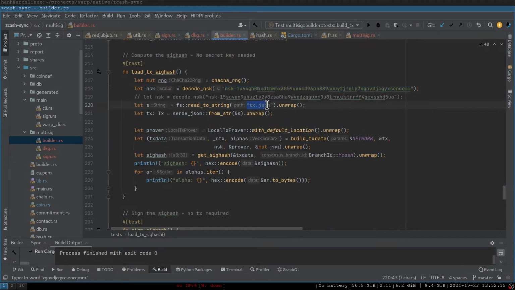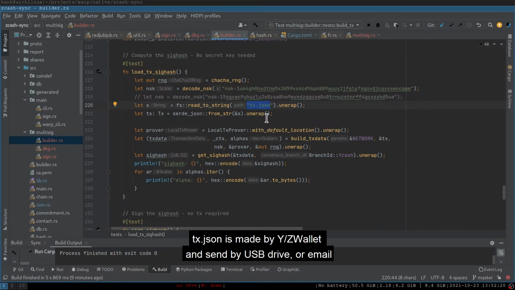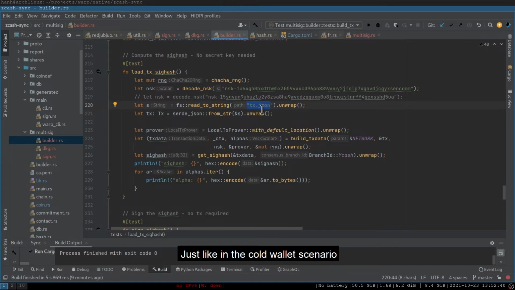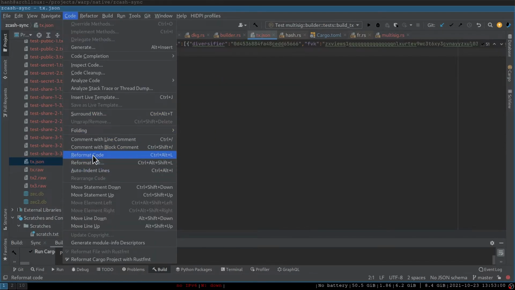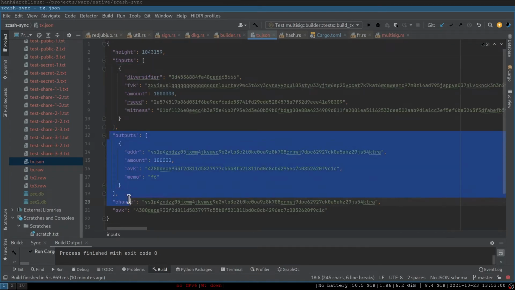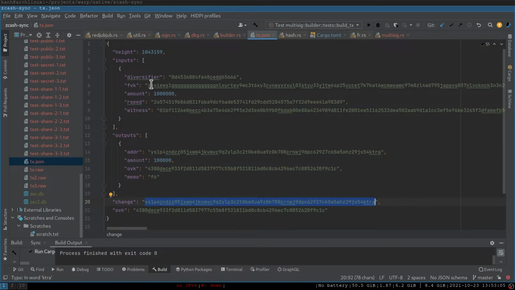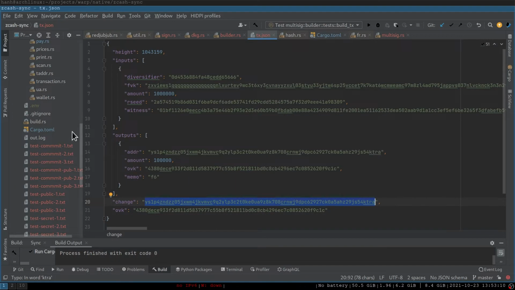And then we get and pass that transaction file from YWallet. So you go to YWallet, you input the destination address, you fill the spend and the send as if it was a normal account, but it knows that it doesn't have the secret key. So when you press send, instead of signing and sending the transaction, it will actually offer to save it as a file. So that's the file that I have then emailed to myself, and this is this file. So we parse that file. If you want to take a look, it's just a JSON file that has all the inputs, all the outputs, where the change should go, and the amount and stuff like that. Right? So once you have that,